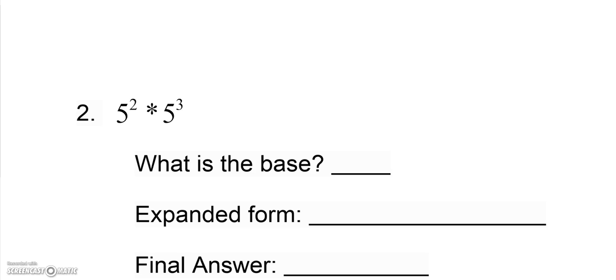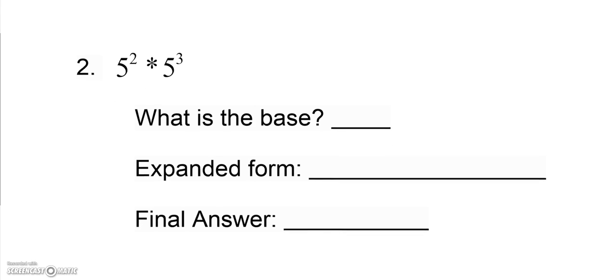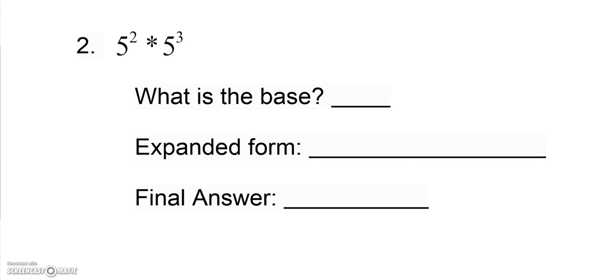The next one, I got 5 squared times 5 cubed. So the base is 5. When I multiply it out, I'm going to have 2 plus 3 5s. So it's going to be 5 to the 5th power. Okay, but since this is a number, I'm going to raise that number to that power. And when you do the calculation, which I'm about to do on my handy dandy calculator,